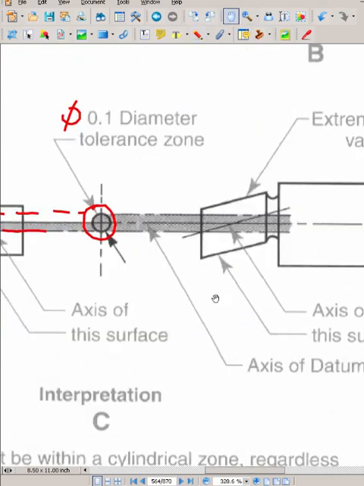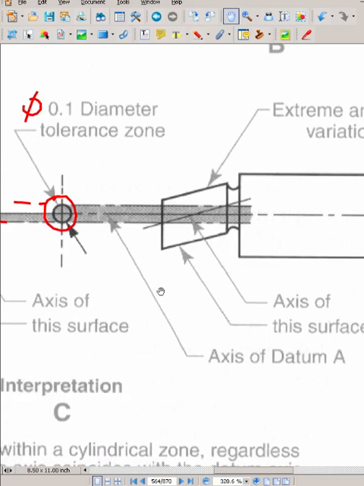See, here's an example of what you couldn't accept. Like if a part came out this way, you couldn't accept it. It would be rejected. Because look, here's the zone that's allowed. Yet here